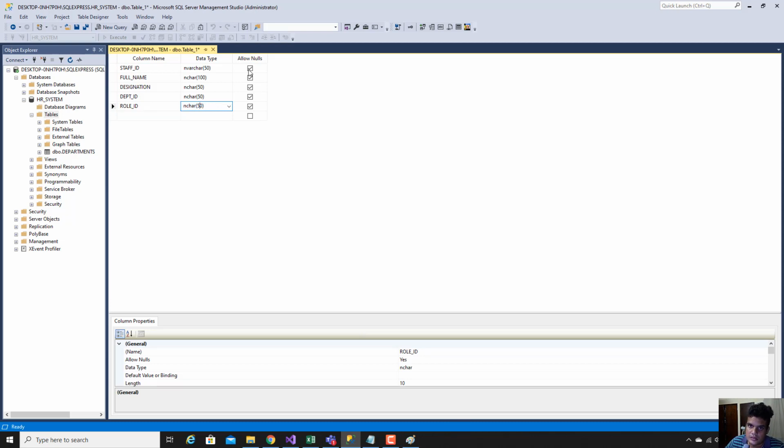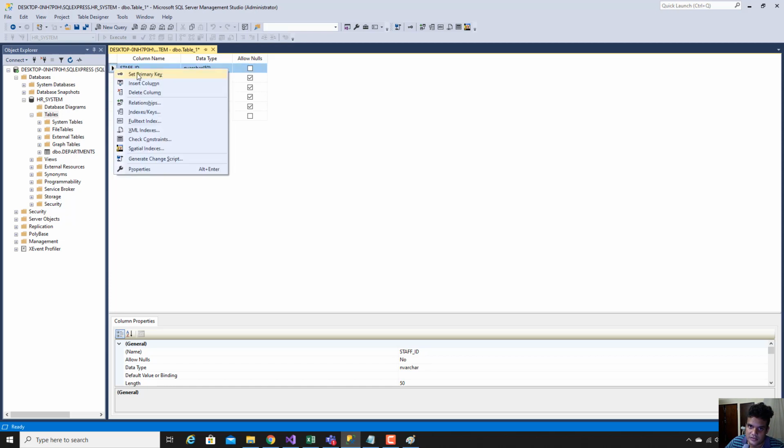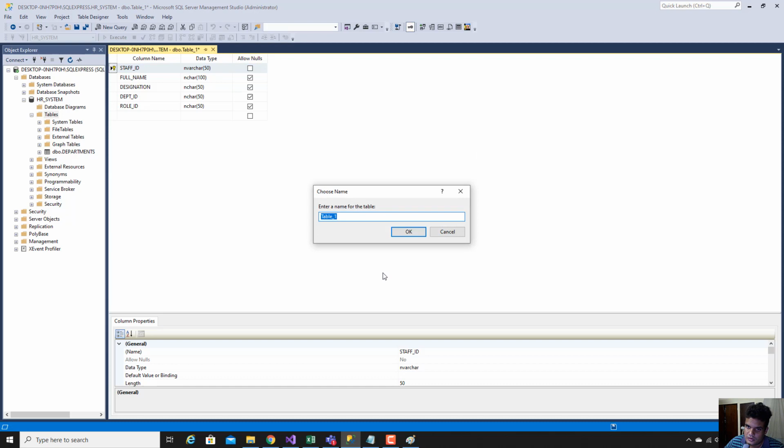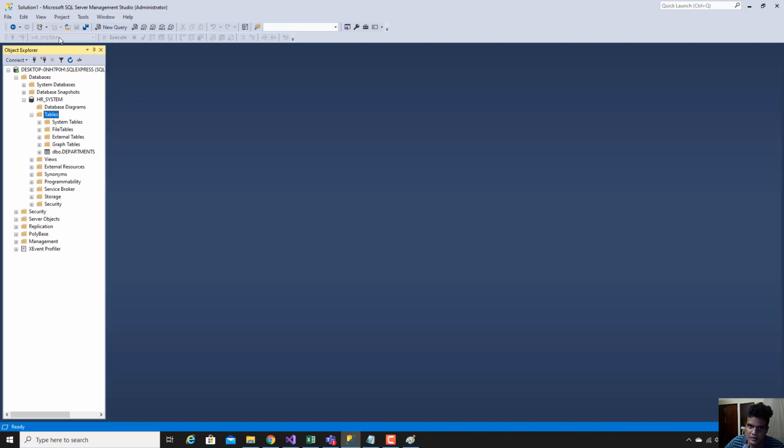We allow nulls, but we cannot allow a null for this primary key. We are going to make this the primary key here. Full name, designation, department ID, we can also allow a null if we want. We'll keep it that way, and we're going to close this table. Now this table name is users, and we have to refresh.